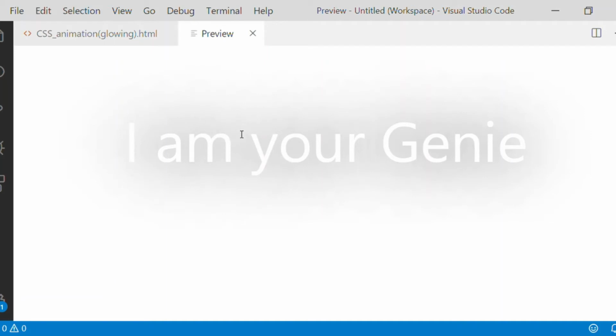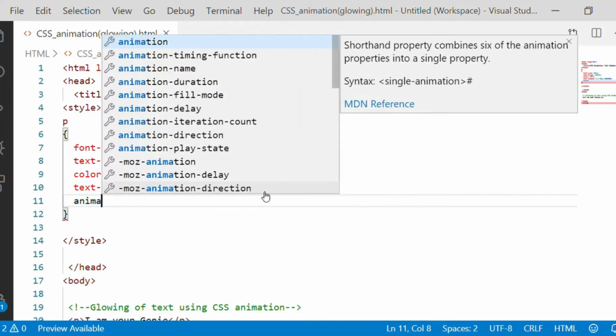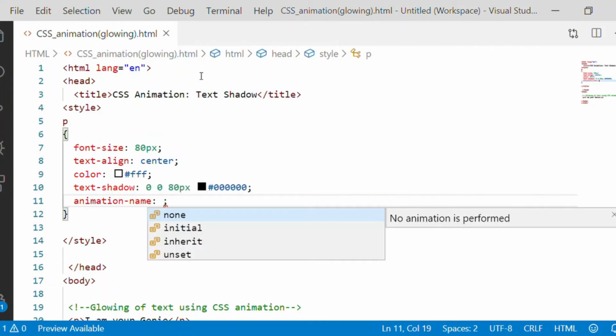Now we need a glowing effect. The glowing effect comes if at least two colors are involved in the shadow and they must change colors periodically. For that, we will start using the animation property of CSS.